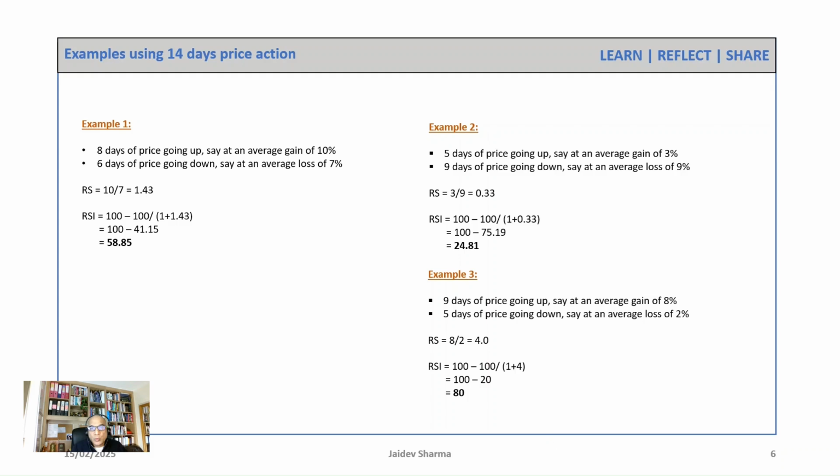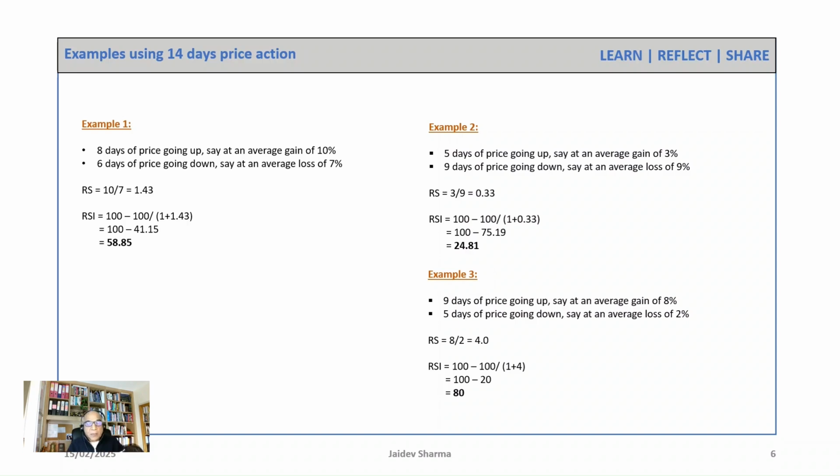In example 2, a different scenario, 5 days of price going up at an average of 3% and 9 days of price going down at an average of 9%. Now note here that you've got more days when the price is going down, and with a higher percentage, you get a number of 24.81. So in comparison to example 1, it is a smaller number,